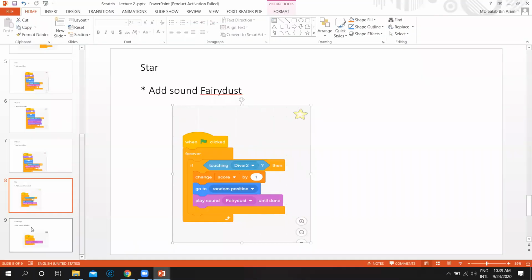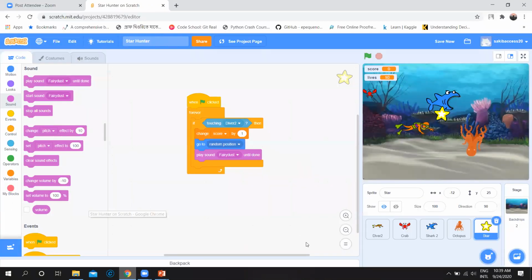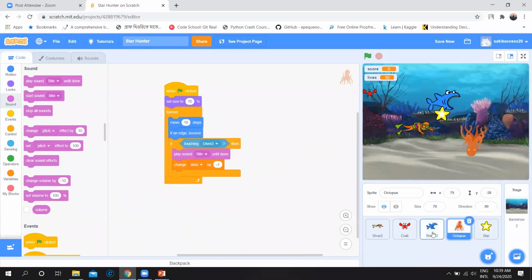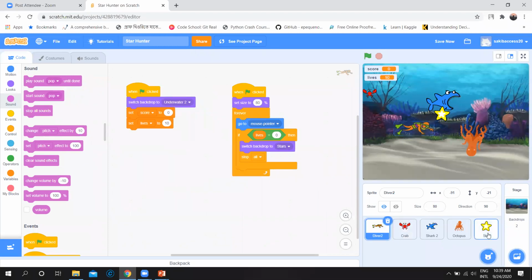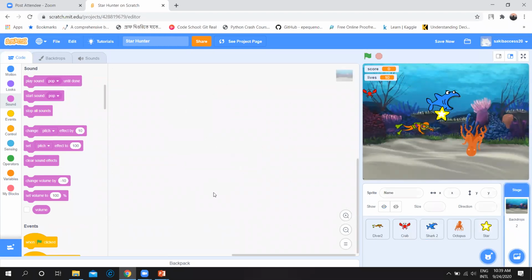Okay, for the backdrop, we will write some code. Also, I wrote it here. You have to write some code for the backdrops. Simple code, nothing else. Just add a sound. So for writing the code, remember we have different code for different sprites. If you click on the sprite, you will code for this sprite. Then click on the backdrop. Now add code for the backdrop.